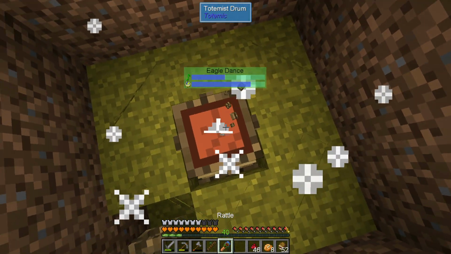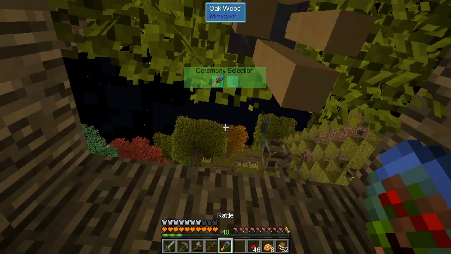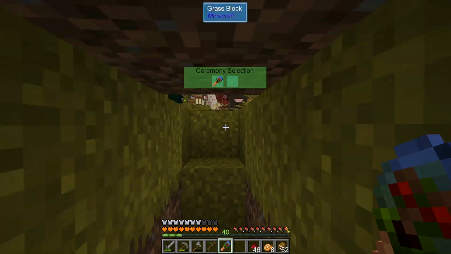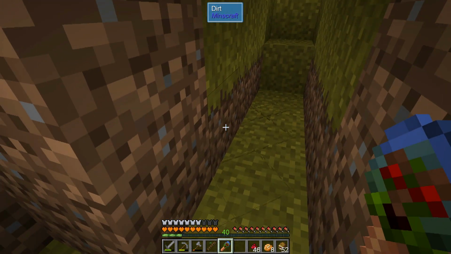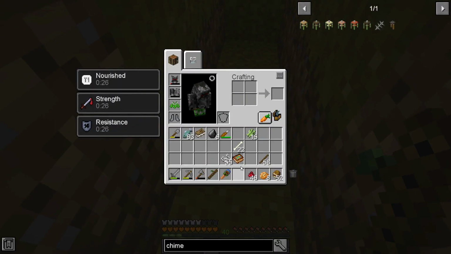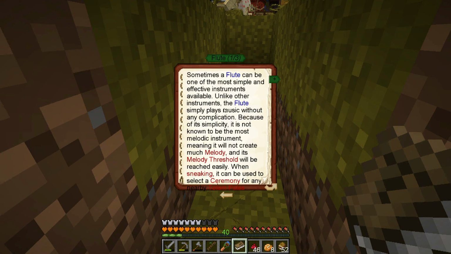So, I might need to make a few more wind chimes? That may be a thing? Yeah. I'm gonna make a couple more wind chimes, and I'll try this again. No luck. So, I think what we might have to do is infuse our flute. So that could be a thing. So let's take a look at the Totempedia, some musical instruments, and we have the flute. And sometimes the flute can be...